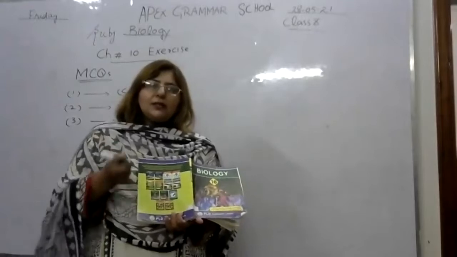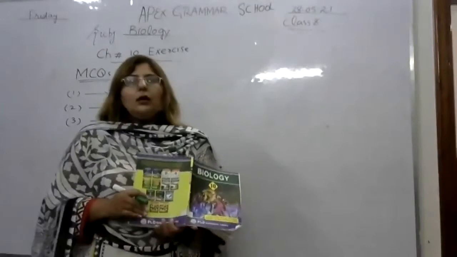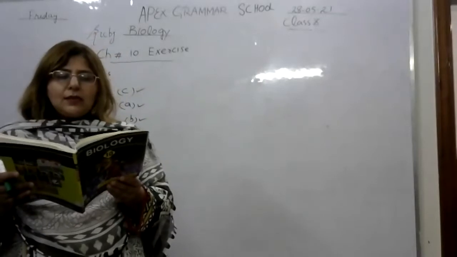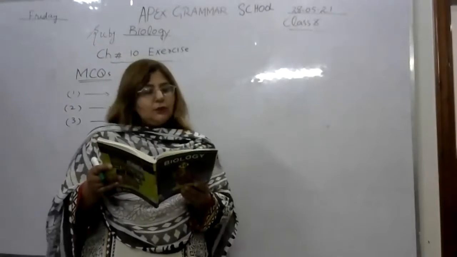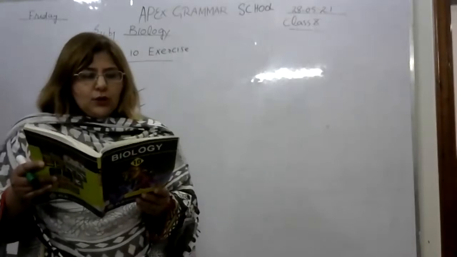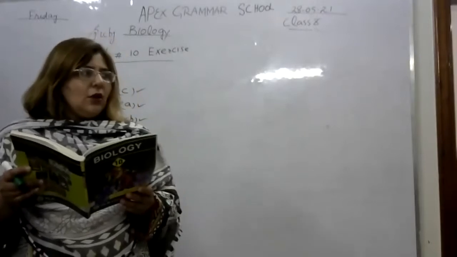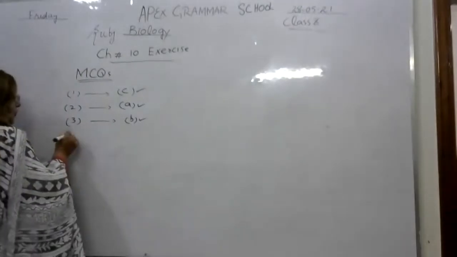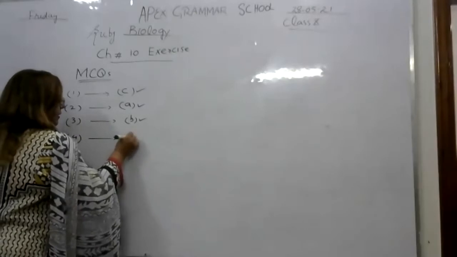So actual gaseous exchange happens in the lungs, in the alveoli. Okay. Now we will see the options. Question number 4, where does the gaseous exchange occur in humans? So option A is pharynx, no. Trachea, no. These are the air tracts. Bronchi, no. Alveoli, yes. Alveoli is the right answer. Option D is the right answer. Okay, so question number 4, option D is the right answer.